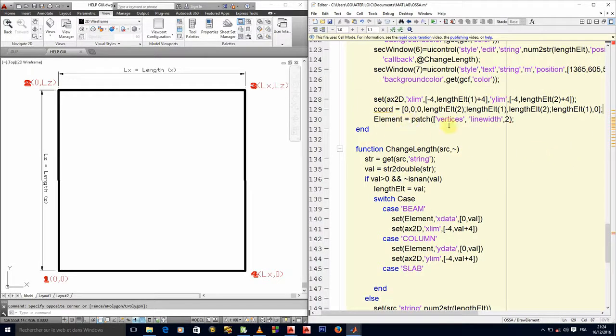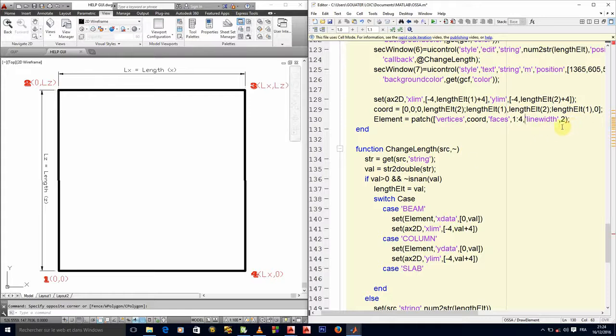And what will be faces? Faces will simply be 1, 2, 3, 4, to draw all of these things and close them. So you have vertices that will be the coordinates, and you have faces that will simply be 1, 2, 3, 4.